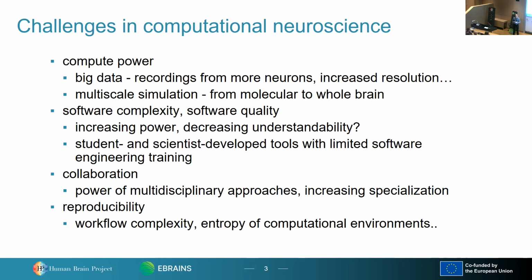Another challenge that kind of follows on from that is that as our ambition grows, the capabilities of our software grow, but concomitantly the software's complexity grows. And there's a general problem that these things become more and more like black boxes. We see this with machine learning, these very large artificial intelligence models. Understanding what's inside the black box becomes more and more difficult.